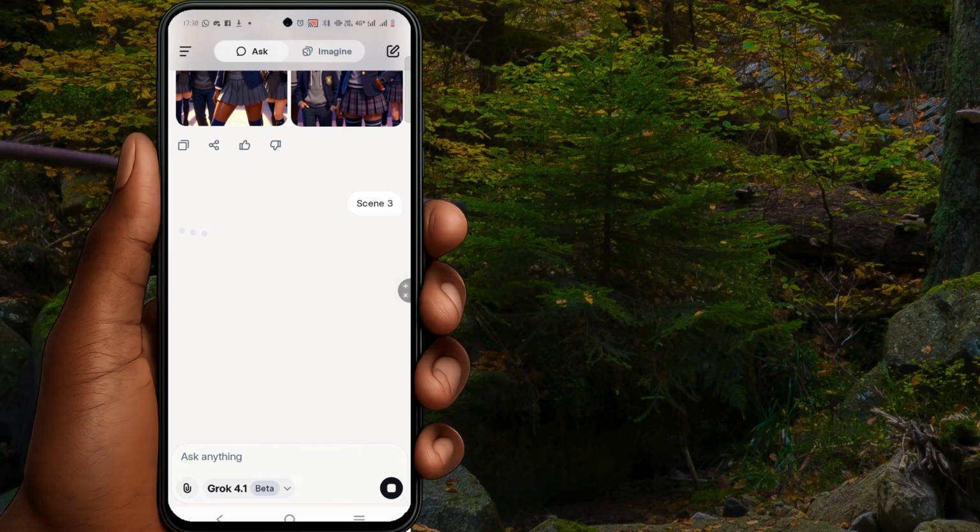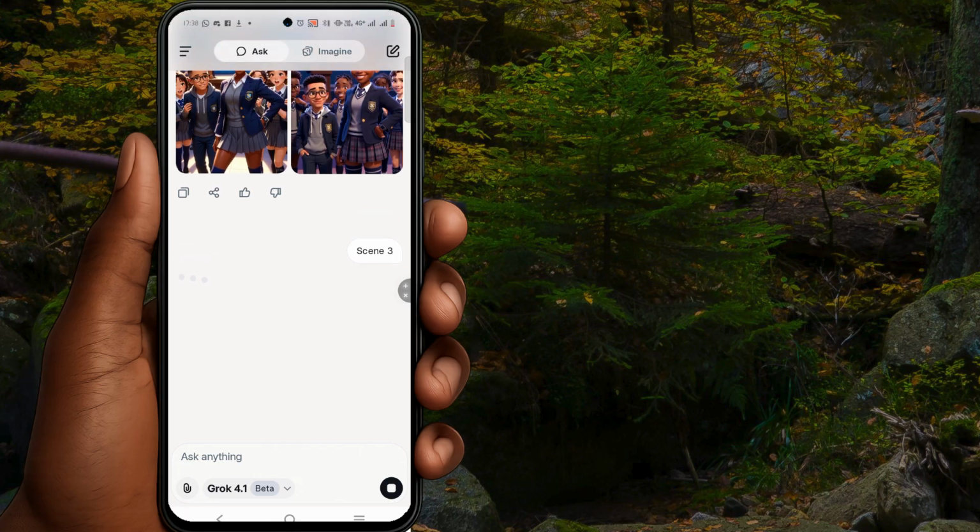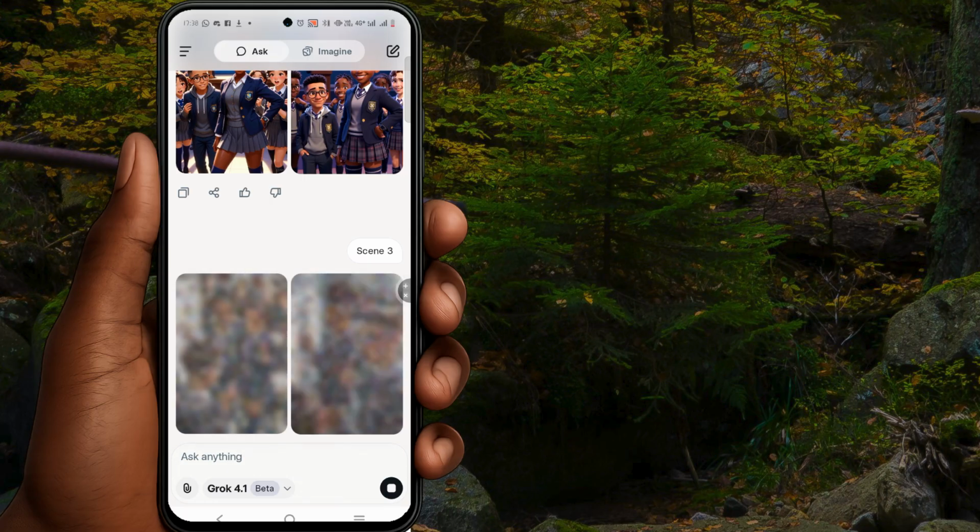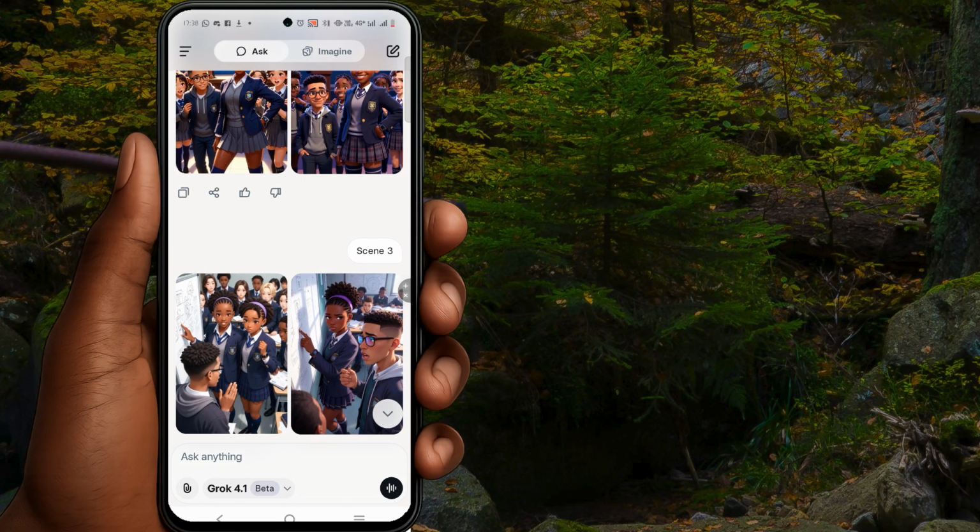Another way you can create consistent characters is that you can upload the image and then, where you want to generate, put in the prompt or something like that. It helps you to have that consistency. So over here we have someone else as well.